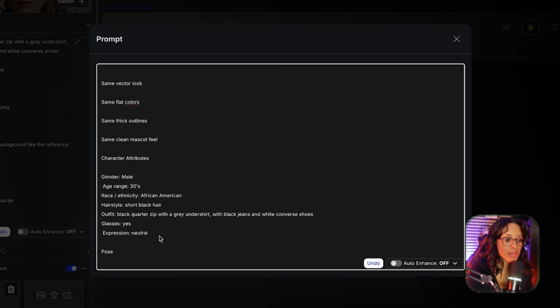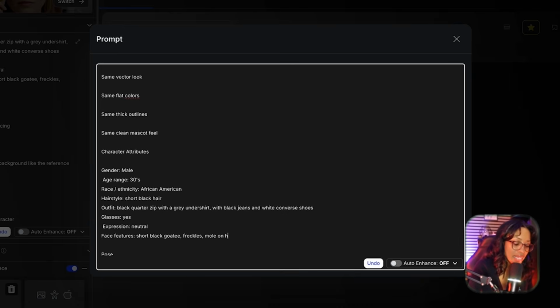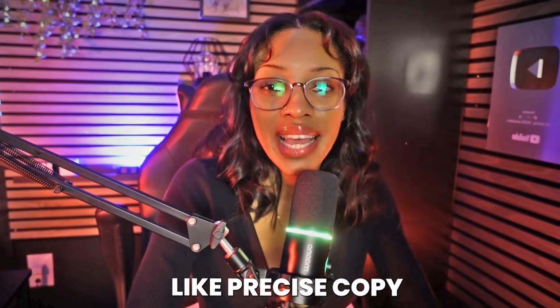Now, something else, it's not in my prompt, but I'll add it in. I'll just say face features. This is where I could really get advanced in order to explain his face. I want him to have a very short black goatee. And you could keep defining more. If you would want him to have freckles, if you want him to have a mole on his upper lip,